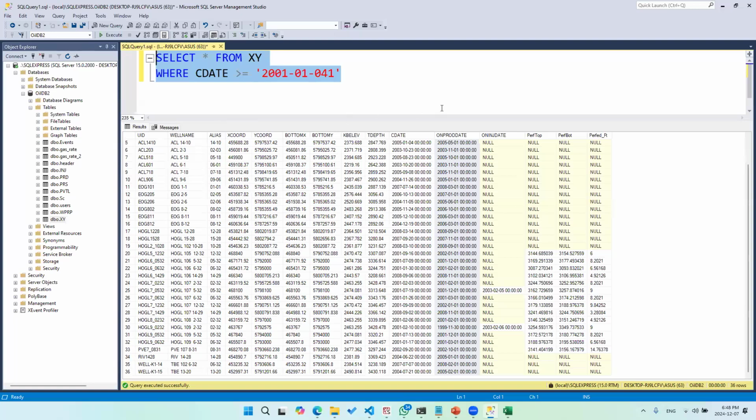Lots and lots of oil and gas companies are using something called an SQL server, which is something that you are seeing now. Okay. And let me show you how we can connect a software called Power BI, which is covered in our training. How you can connect Power BI into this SQL database.